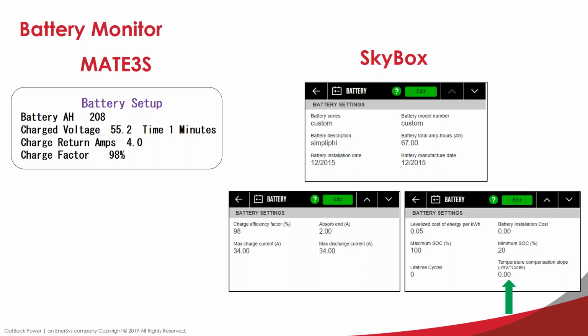Levelized cost of energy. That is the value that we use to evaluate which is cheaper, your battery source or your grid source. So if your grid source is set to 50 cents per kilowatt hour and your battery is set to 25 cents per kilowatt hour, the Skybox will know it should be using battery power. So that is basically your installation costs plus